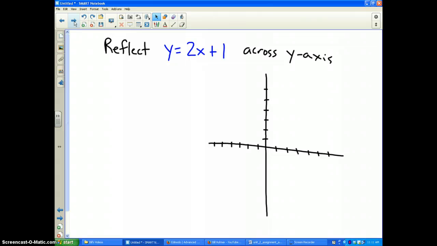All right, let's do this problem. Reflect y equals 2x plus 1 across the y-axis. And I really appreciate if you worked along with me to see how this works. First of all, I want to graph this, and I'm going to graph this in red. And we all know the y-intercept is equal to 1, and the slope is equal to 2. So therefore, I'm going to put a dot at 1, and then I'm going to go up 2 and over 1 and put a dot, up 2 over 1, put a dot. And that is the graph